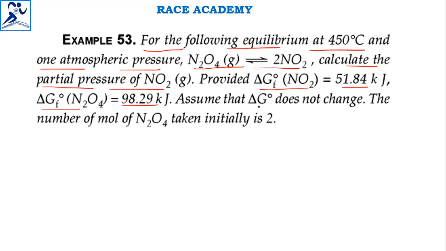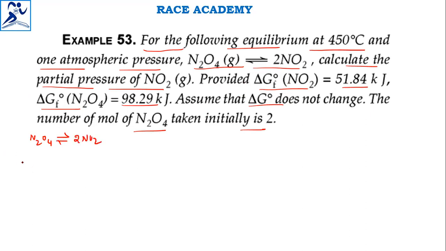Assuming that delta G naught does not change and the number of moles of N2O4 taken initially is 2. So that we'll consider later, but first, the given equation, that is N2O4 in equilibrium with NO2,